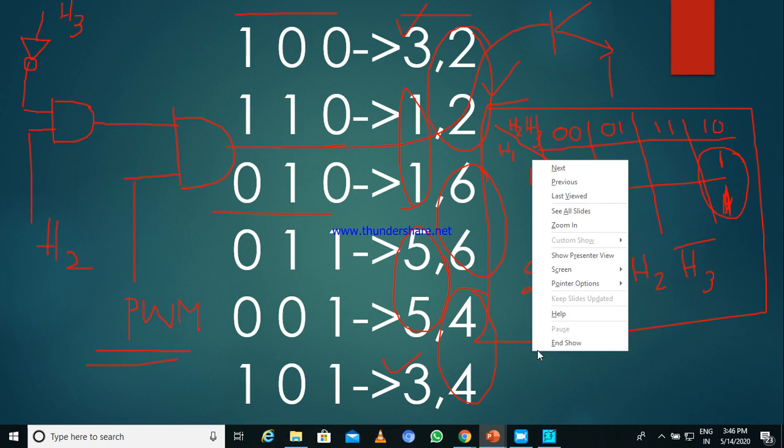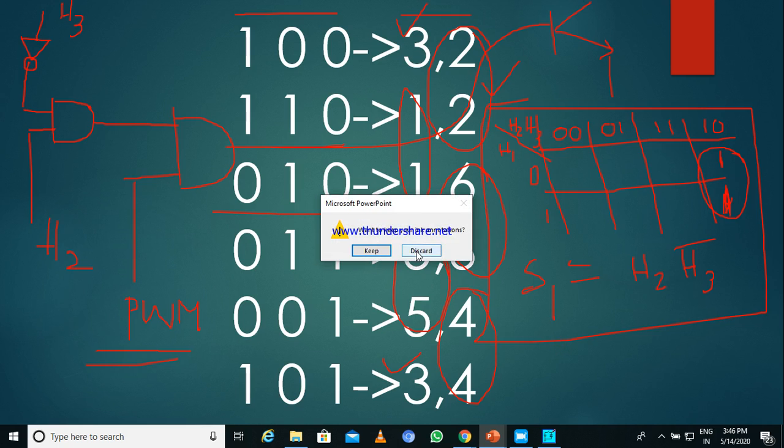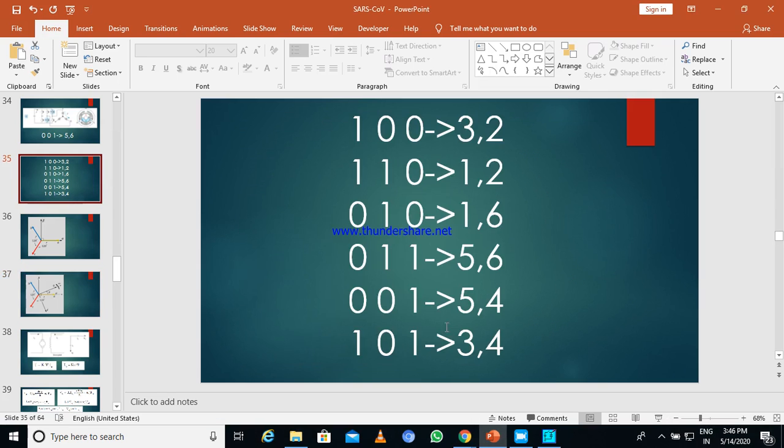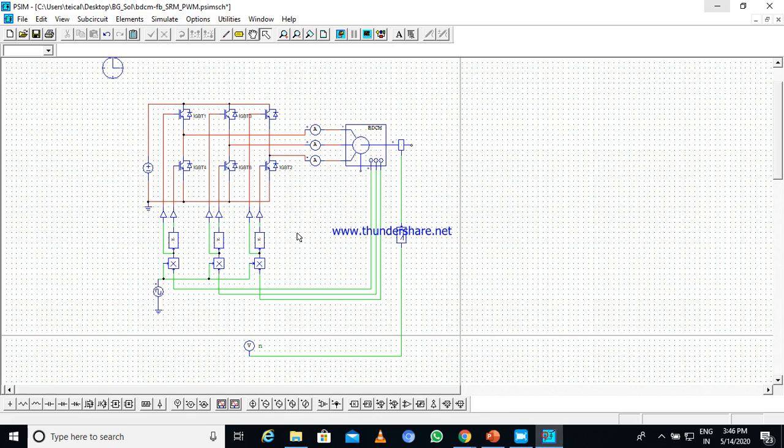Now I hope you have studied this in digital electronics, same way. For simplicity I have used a multiplier, but actually it is not. It should be some logic gates or some FPGA or something.